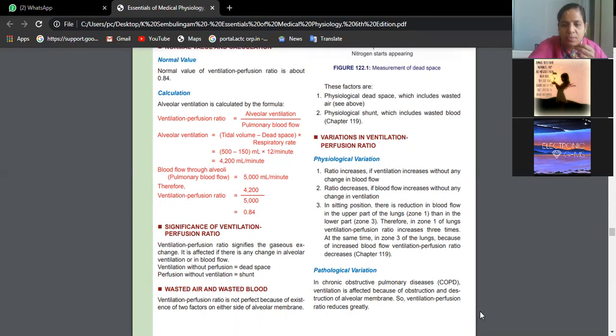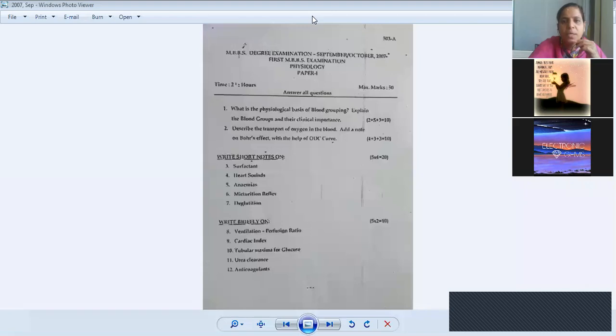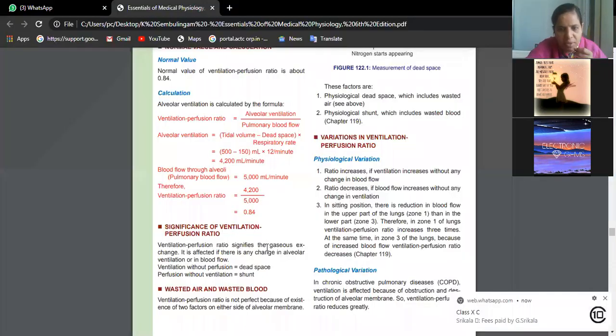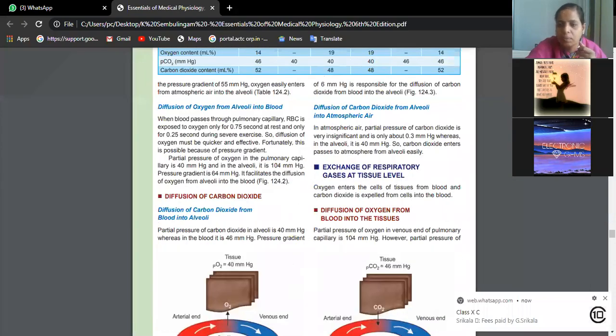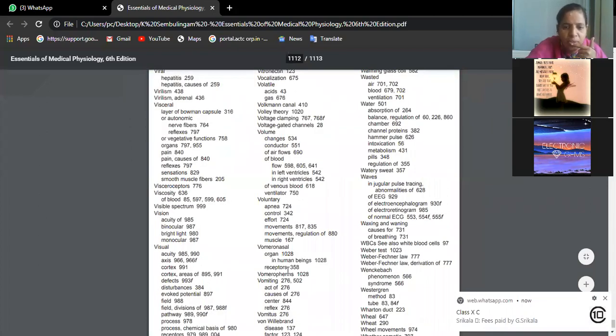And then what is the next question we have written? Cardiac index. Here also there is one formula written. Cardiac index, I think, is cardiac output divided by body surface area. Anyhow, it's a formula only, no? I will open it. Cardiac index. It's only a two-line answer. There will be a formula and value for that.